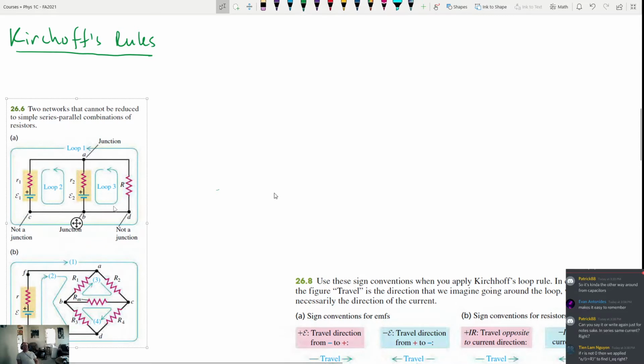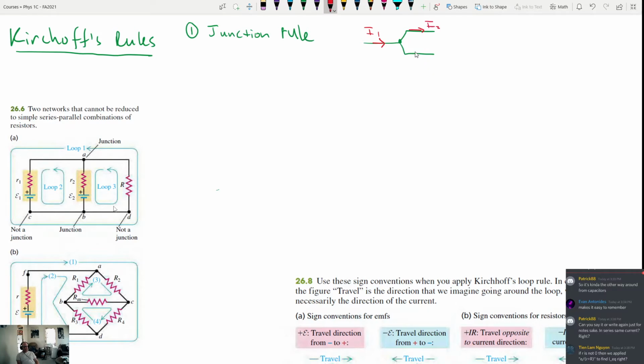Okay, so Kirchoff's rules work like this. There are two of them. One is called the junction rule. The junction rule says this: if I have a junction in a circuit, such as something maybe like this, and I tell you that the current flowing in this section is called I1, the current flowing in this section is called I2, and the current flowing in this section is called I3, then at this point right here, which is a junction or a node,